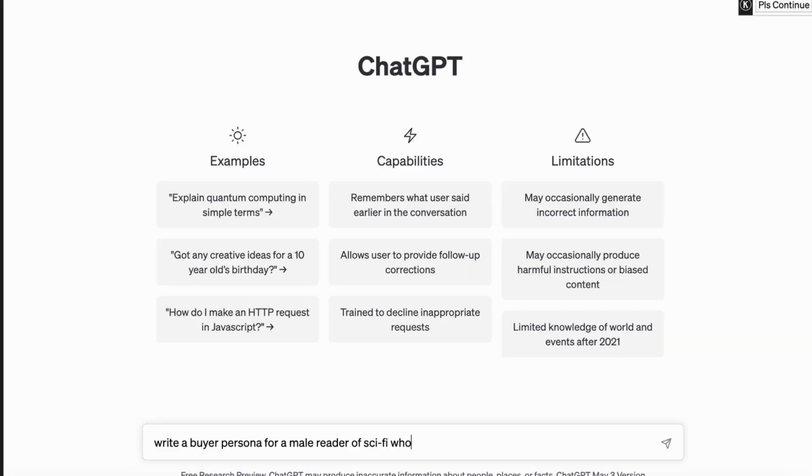Now, there is an easy way, and then there is a more complicated way with a template. So I'm going to share first the easy way to do this. If you don't have a ChatGPT account, you need to set that up, but it's as simple as going to ChatGPT and following the prompts, or you're going to find countless videos here on YouTube about how to set that up. I'm not going to go into it because it's not on topic. However, you need an account, and once you do, you will be able to enter a prompt, and the prompt is as simple as write a buyer persona for male or female